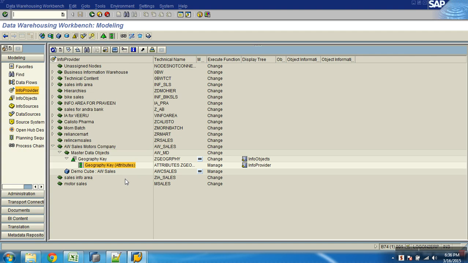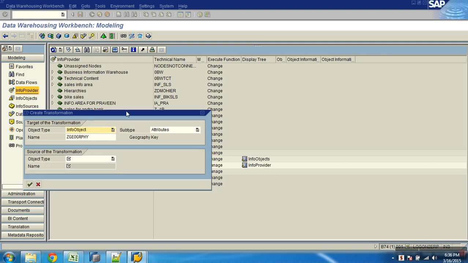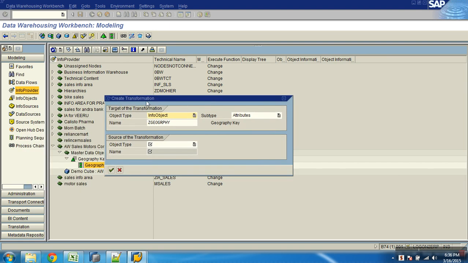So now look, how do I do this? I can right click on this master data attribute and say create transformation. So I am creating transformations. For this transformation, what is my target object? Geography. How has it fixed that already?